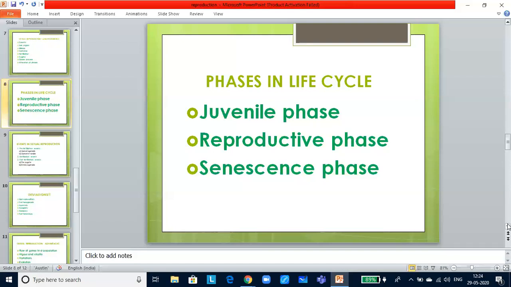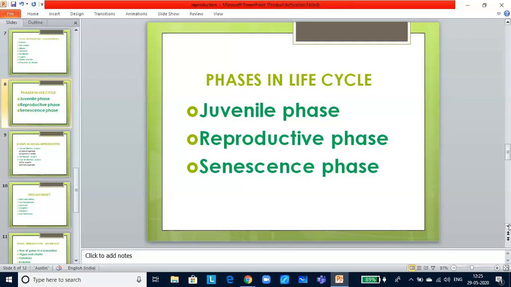Now, these mammals exhibit the estrous cycle only in a particular period of time. But other organisms, like humans, have a reproductive phase continuously, and they are called continuous breeders, wherein you will see the menstrual cycle, the details of which I will be talking about in the third lesson. Now, this is about the phases in the life cycle.